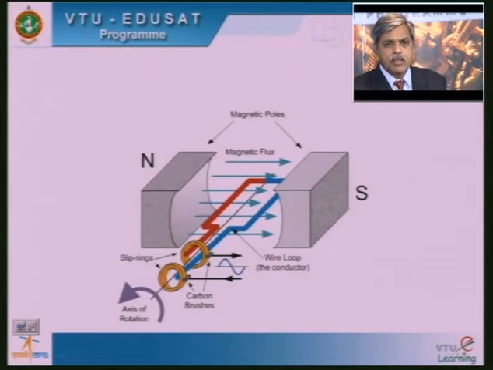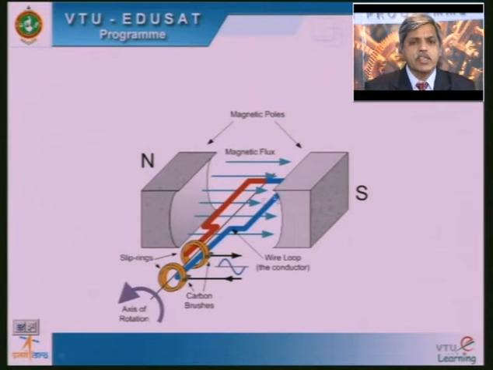So this is another picture, a detailed picture here. You can see two conductors, a red one and a blue one. The red one is connected to one end ring, which we call a slip ring, and the blue one is connected to another ring, another slip ring, okay. Now here, the coil rotates in the counterclockwise direction, and the axis of rotation is also mentioned here. The axis of rotation is the straight line passing through the center of the coil, and the direction of rotation is counterclockwise. We always consider the counterclockwise direction as positive, and we rotate the coil in that direction.